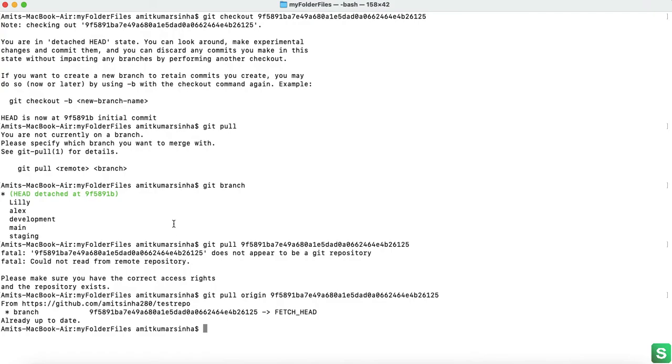See here also the terminal is saying, git checkout -b new branch name. So what it will do, it will copy all the files and folders from this commit ID and push it into the new branch. So you will directly pull the code and you can add or change something and commit it again. Okay, so this is very helpful. Here we cannot do it because this is a detached head. Okay, so this is important.